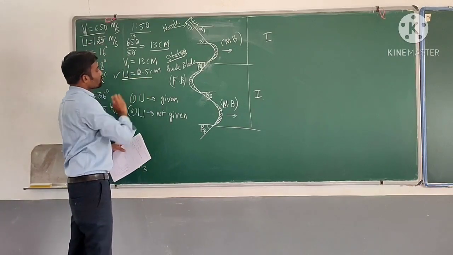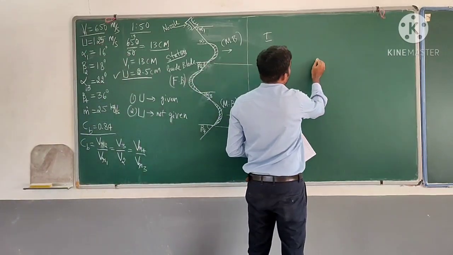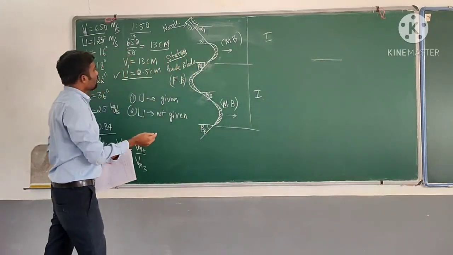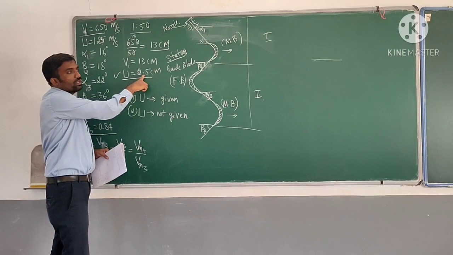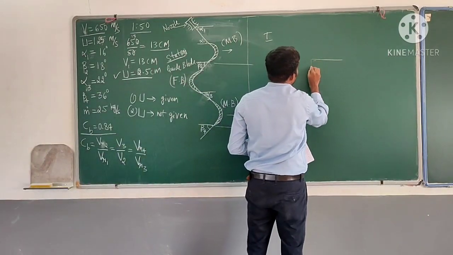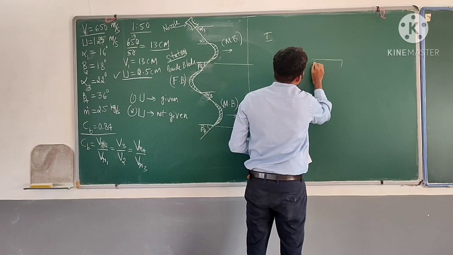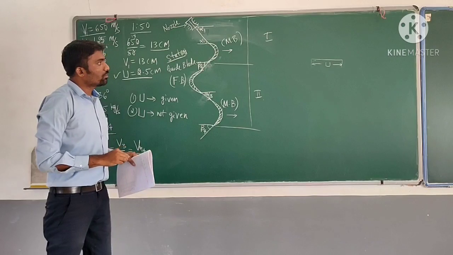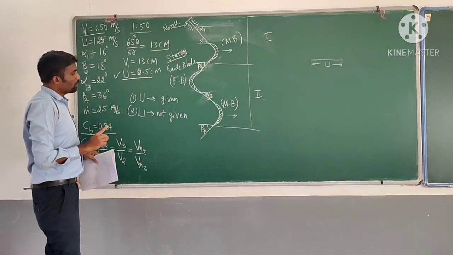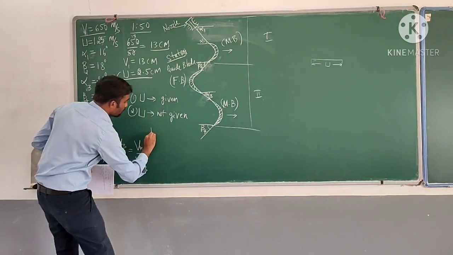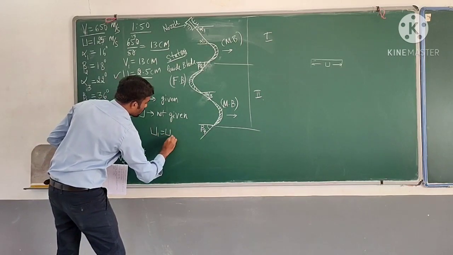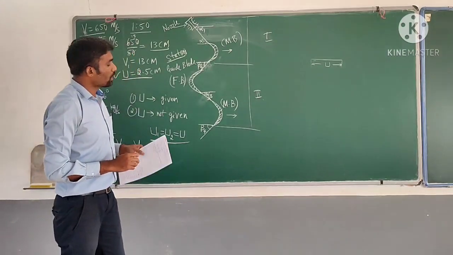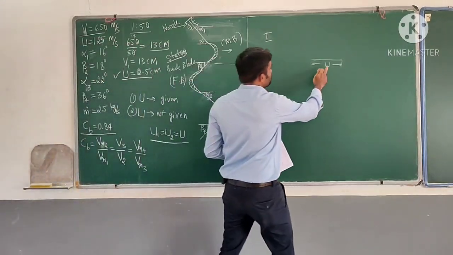So U is given. So what we have to do in the first stage, just draw a horizontal line, taking the scale to be 2.5 centimeters. So this is the line which is representing U, and the length of the line should be 2.5 centimeters. Okay. And one more point you have to remember is, in case of steam turbine, whether it is single stage or multi-stage or whatever it is, U value is fixed. U is not changing. Okay. So once I draw the line,